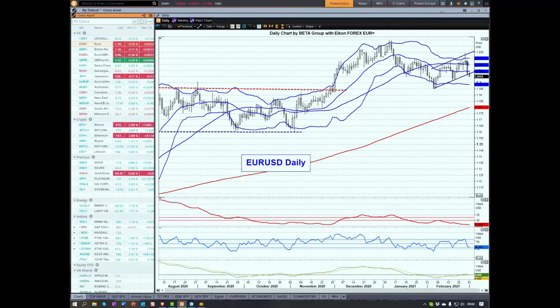the neckline of the head and shoulders. The neckline would be across here, so it never was a breakout. The head and shoulders didn't complete, and then we finished very weakly on Thursday, and then on Friday we absolutely